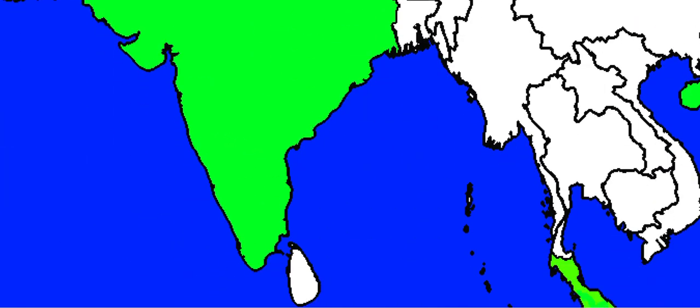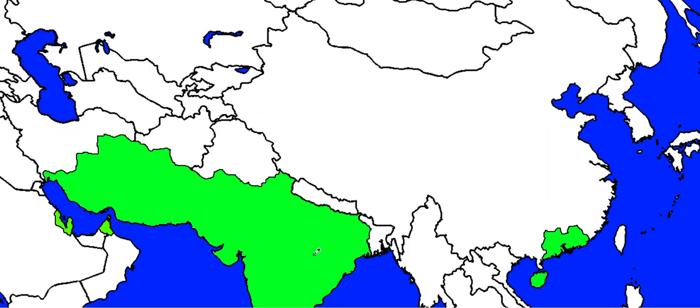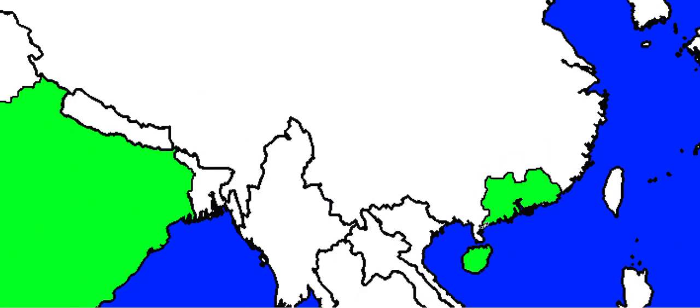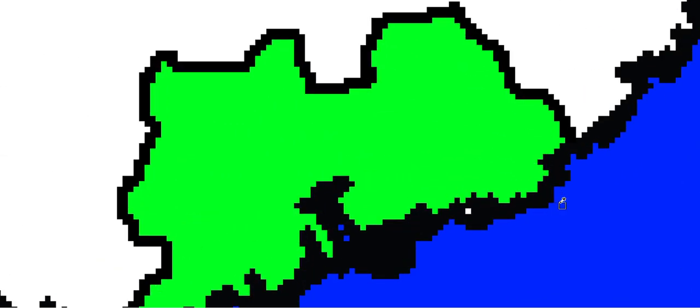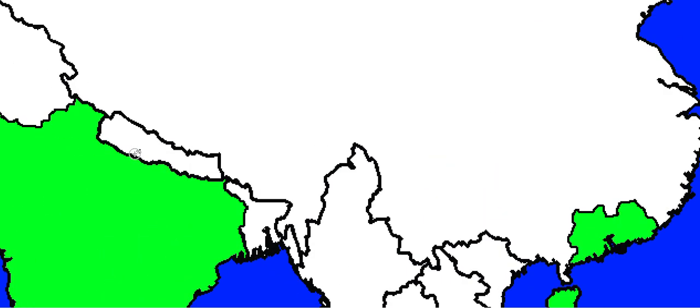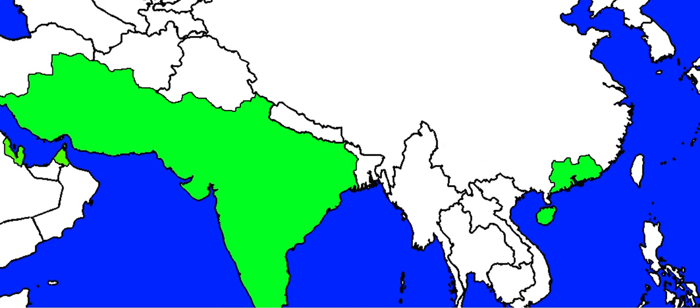India, because India will go on a little conquest in the mains of India. And yet China isn't very happy. I don't know if India has this island here, but I'm going to give it to them. China isn't happy. They lost a lot of land. And Macau and Hong Kong, they also lost that. They're not happy, they lost that. And that was pretty important land, as a lot of people live there, but they're fine.